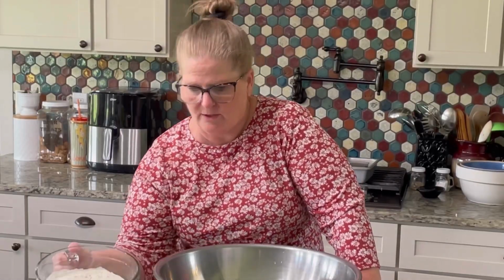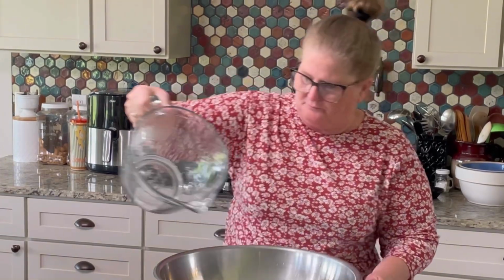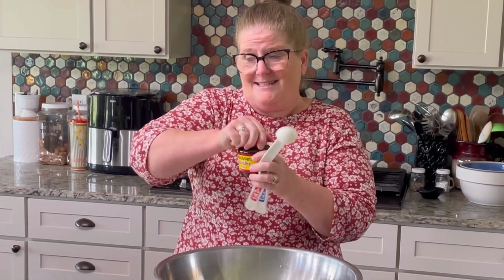So we're going to put in our flour. To our flour, we're going to add 1 tablespoon of salt, 1 tablespoon of white sugar, 1 tablespoon of active dry yeast,